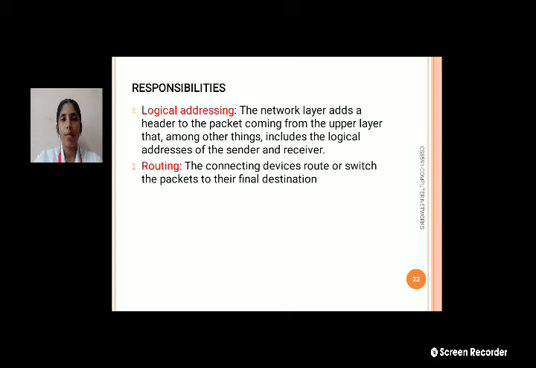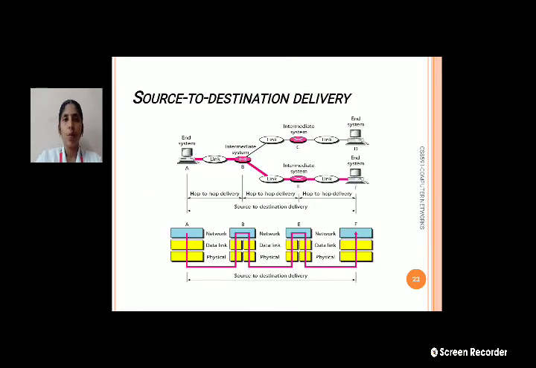The second one is routing. The routers switch the packets to the final destination through the connecting devices, so connecting devices determine where it has to reach the destination. That is the responsibility of routing. So that is about the network layer. Here we said that the network layer has source to destination delivery, a direct delivery from one source to the destination.